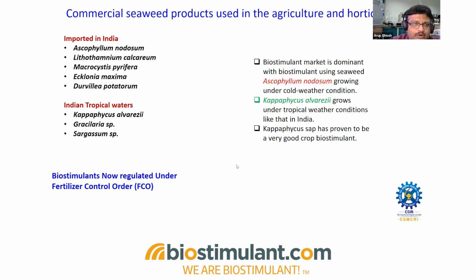For example, Ascophyllum nodosum dominates the market. Lithothamnium calcareum, Macrocystis, Ecklonia, and Durvillaea. These are the species which usually are imported. But we have developed technologies for deriving the seaweeds from the tropical waters as well. And we have actually done a lot of science behind the working of biostimulants. We try to unravel how these seaweed biostimulants work in soil, in plants, how they can help abate the climate